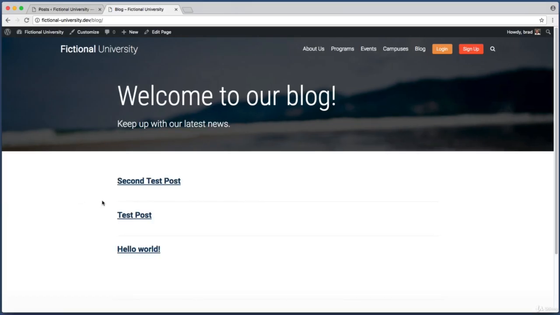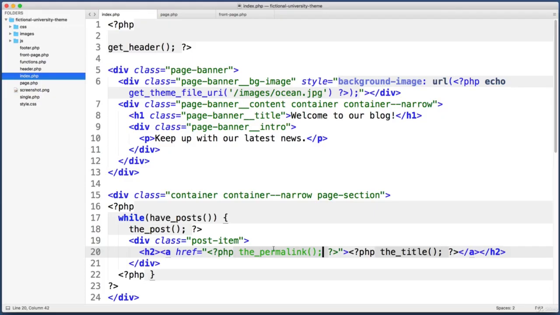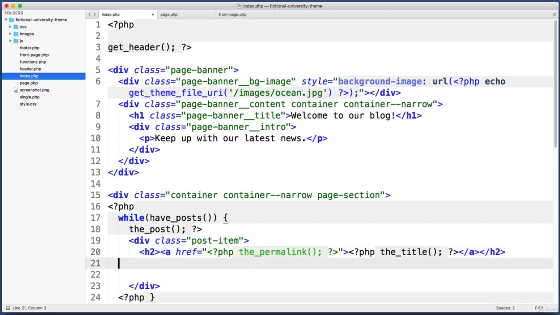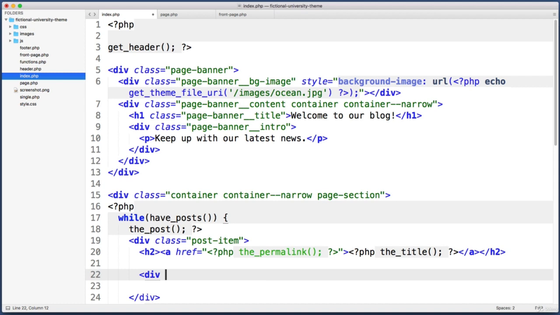Now, instead of only displaying a headline link, I think we should also show maybe the author and date that the blog post was published and a quick excerpt from the body content. So back in our text editor, underneath this heading level 2, why don't we create a new div that has